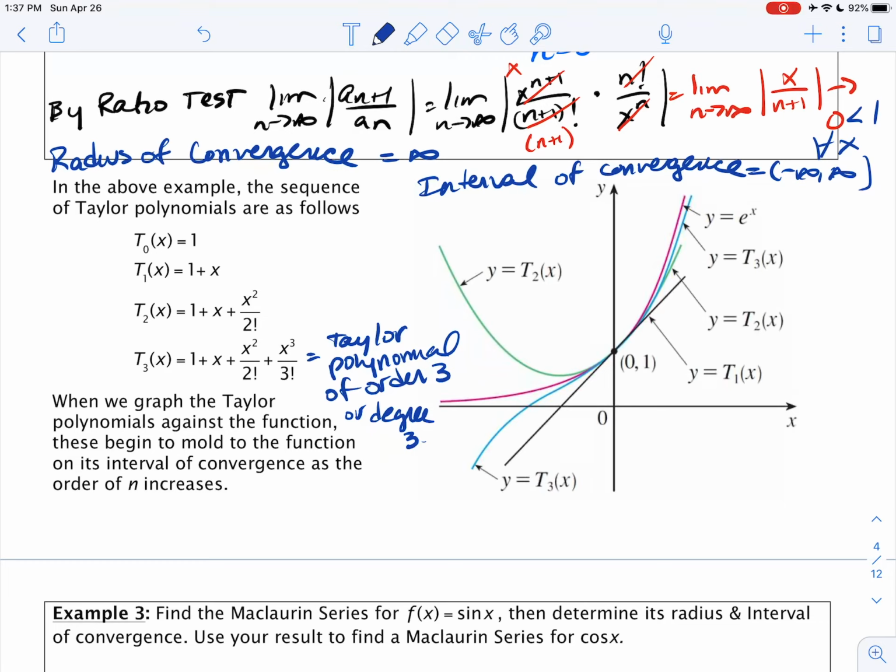Good. And when we graph our Taylor polynomials against the function, and we're doing this around a equal to 0, we see that each particular graph on its interval of convergence actually becomes e to the x over